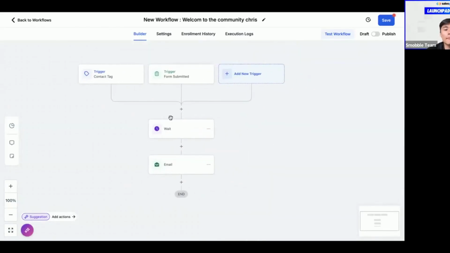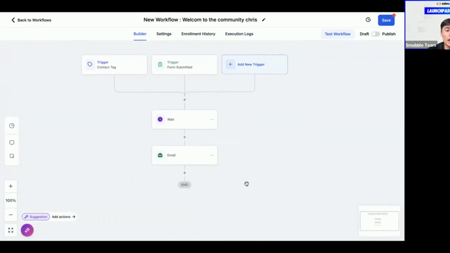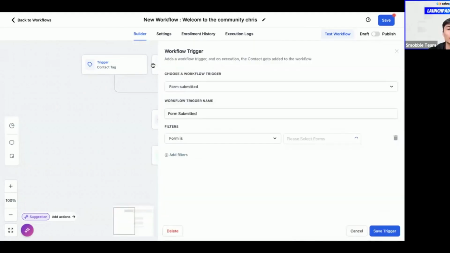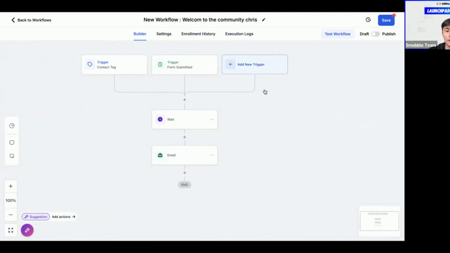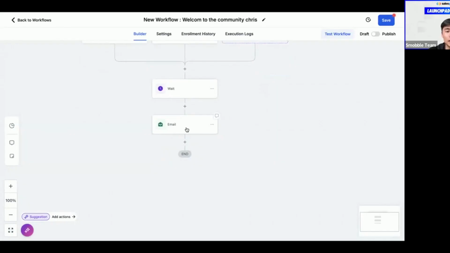So let's review one more time how this automation works. So there are two types of triggers, either when the contact has a tag or when they submit the form. You can use separate automations, right? You can use one with this trigger and create another one with this trigger. That really depends on your strategy. And then you can add a wait option of 5 minutes, and then after 5 minutes, this email will be